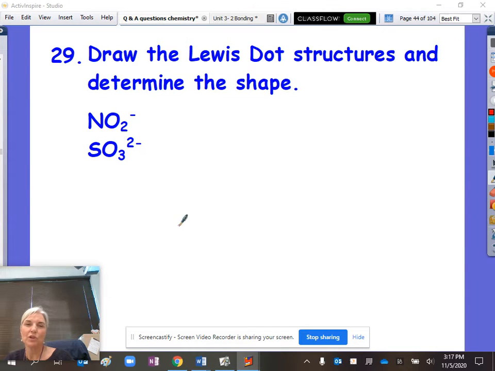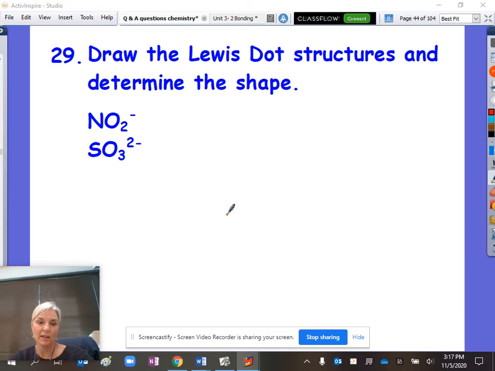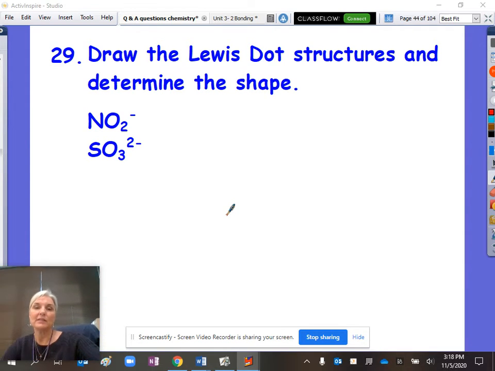All right, I wanted to show you how to draw the Lewis dot structures for these two polyatomics, just to make sure you're understanding. So make sure you draw these yourself first, and then you can look and see how to actually draw it. So remember, with the polyatomics, when you have to consider this charge right here, whenever you have a negative polyatomic,